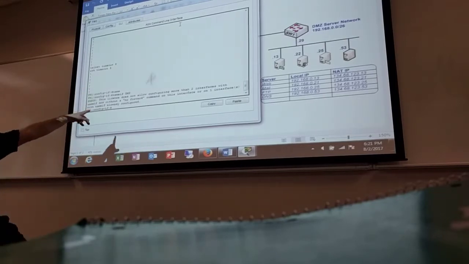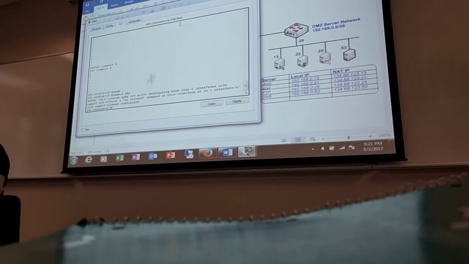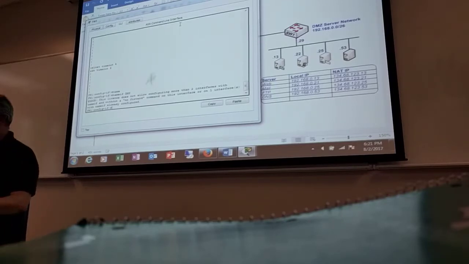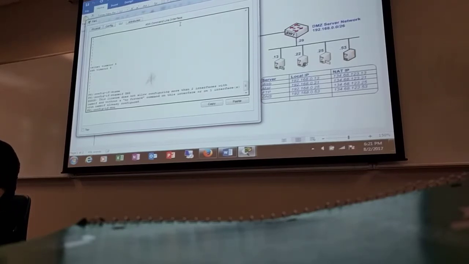Here's where you get the error. The license does not allow configuration of more than 2 interfaces with nameif and without no forward command on the interface or on one interface with nameif already configured. Okay? So here, the best way to do this is basically to put it onto the DMZ. We're just going to put the no forward command on it. So I'm going to type in no forward